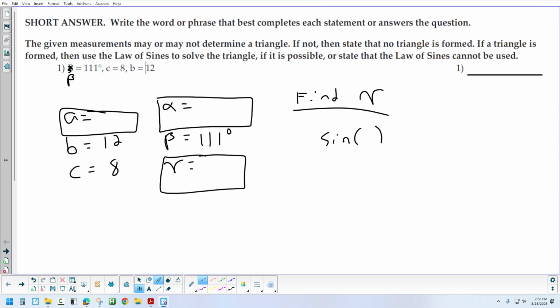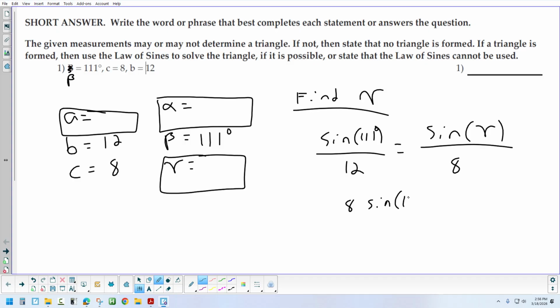And we're going to write sine over, and sine over. And what could I put on the left side? Sine 111 over 12. And then what would we put on the right side to find gamma? Sine gamma, and then over 8. Yep. So now I'm going to multiply both sides by 8. That's going to give me 8 sine 111 over 12